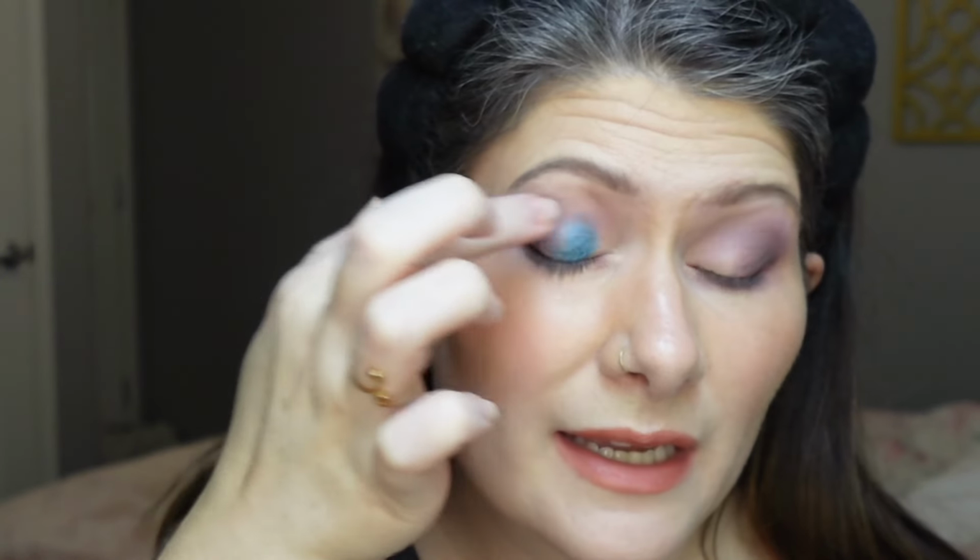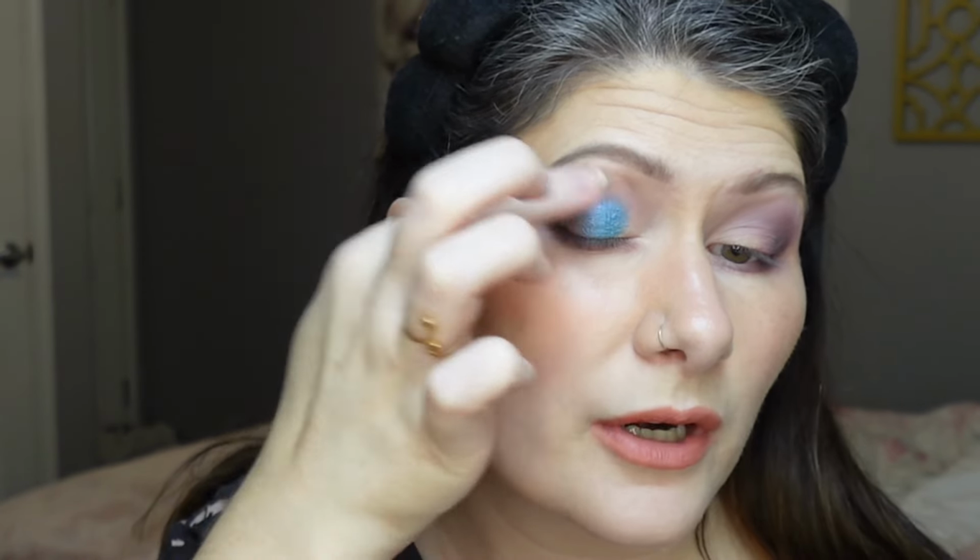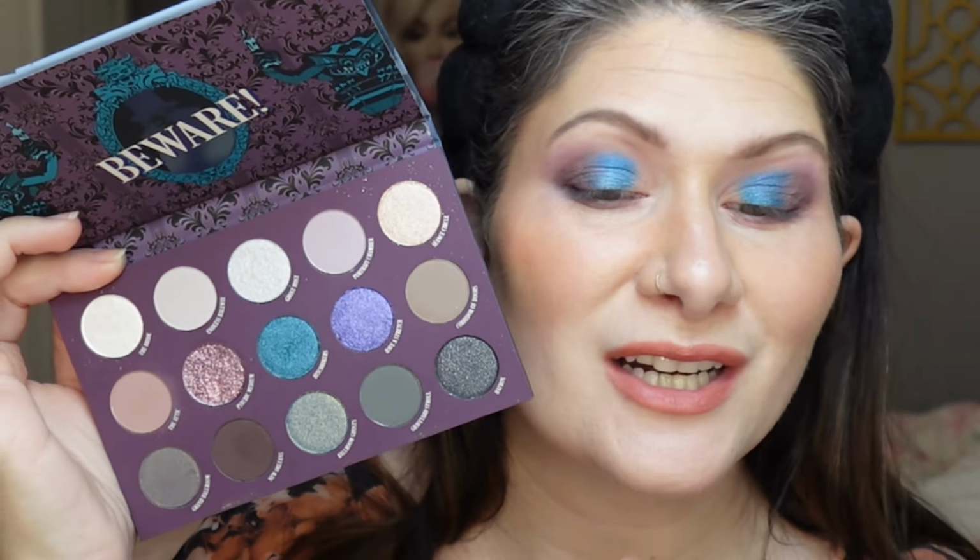So we're going to go in with something else on the rest of my lid, and I don't know if that something else is going to go in the inner corner as well or not, but for now we're going to start right here, and I'm going to kind of blend it the best I can over into this matte out here in the outer corner. We're definitely going to have to go in with something else to kind of blend it together better, but for now that's where we're going to stop. Alright, so we have us a very trust the process kind of look going on,